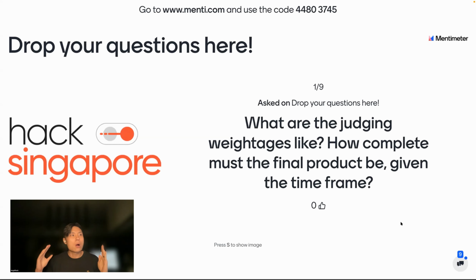Yep. So the judging weightages, we will go through during the opening ceremony itself. But in a nutshell, each project will be judged by 4 criteria of 5 points each, of equal weightage. So each project will have a total of 20 points that they will be assessed by. And I would say a product minimally has to be workable, because at the end of the day, the hackathon will be judging both the coding aspect of a product as well as the idea of things. This is how the projects will be assessed.